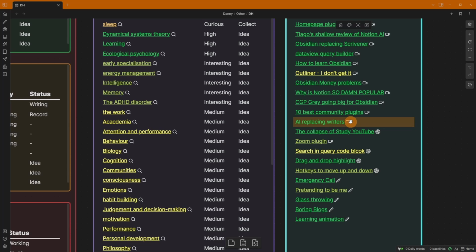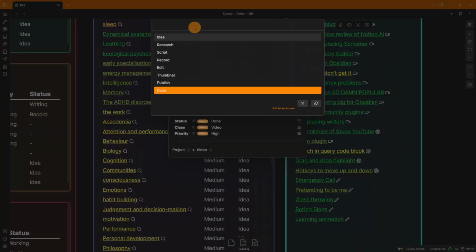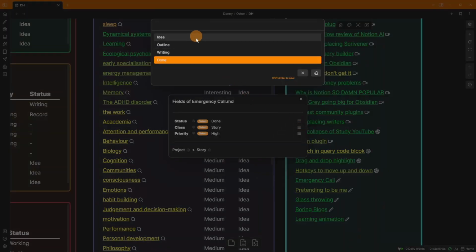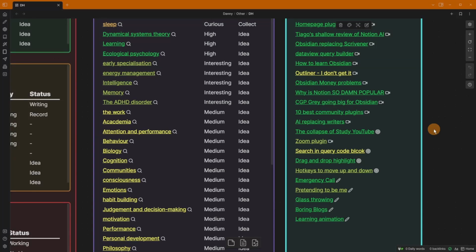However, if I click on the video, guess what? It's a video, but the status is a list, so idea, research, script, etc. This is like the processes of me going through making a video, and that's different from if I click on the pen, which is just a blog. You can see there's not as many statuses,